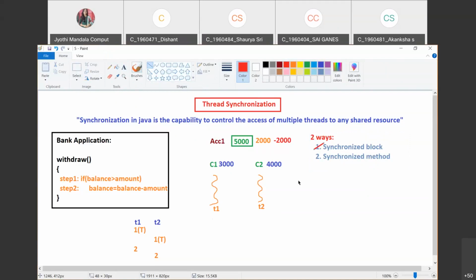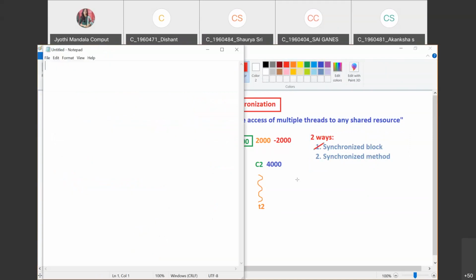To do this, let us first write our application, the same application, where I create an account and two customers who will be accessing the account to perform the withdraw option. We'll first see what possible problems there are without synchronization, and then we'll see the synchronized block option. So now let us create one class first. That class is Account. You all know what is in an account.